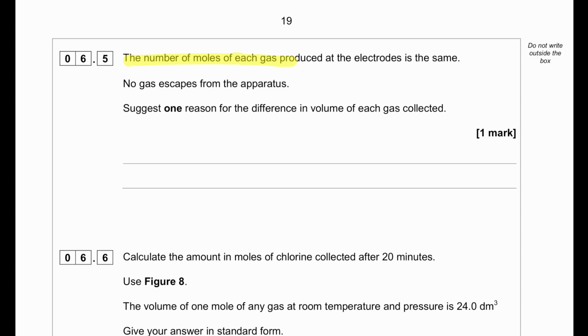The number of moles for each gas produced at the electrode is the same. No gas escapes from the apparatus. Suggest one reason for the difference in volume of each gas collected. So mainly, I already told you, chlorine will react with water, or will dissolve in the solution, so this should be the answer. We can either write,